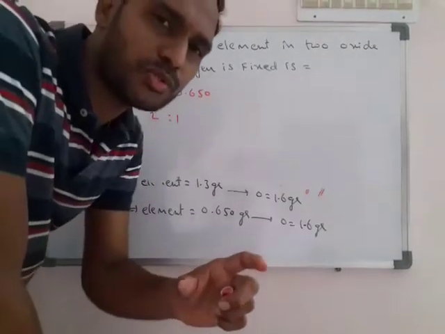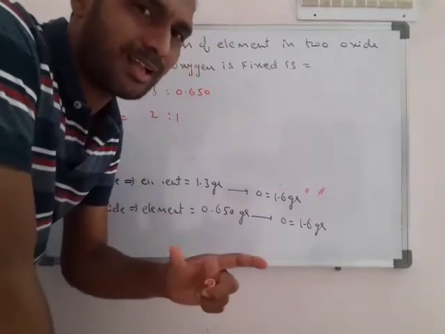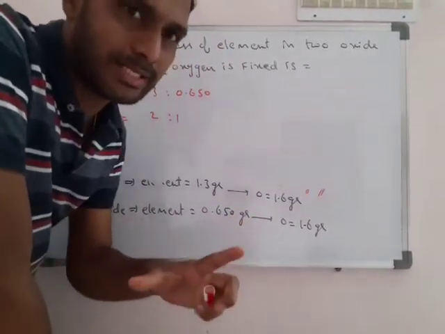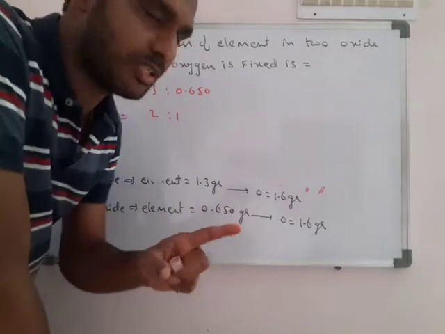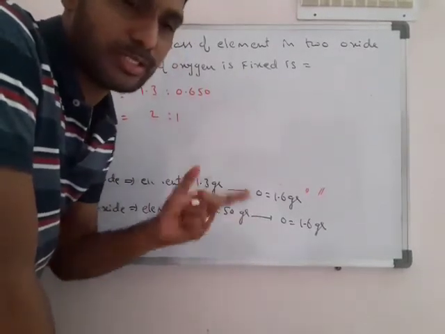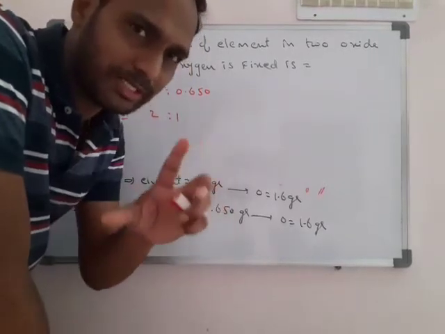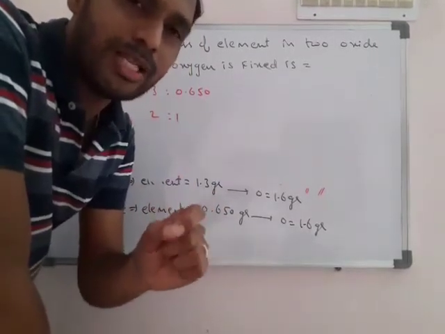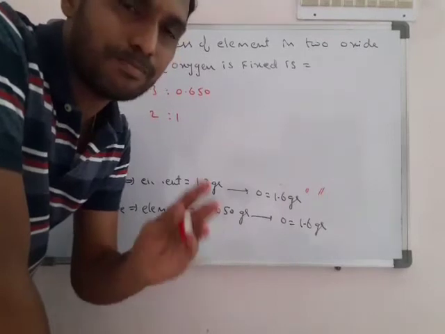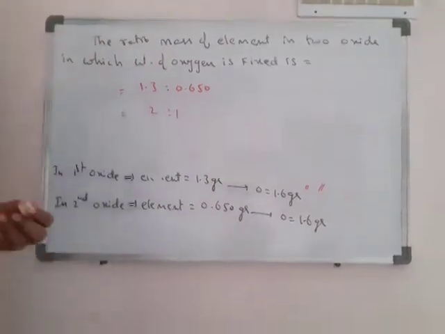With a fixed amount of oxygen, the element reacted forming two oxides in the ratio 2:1, which means it is in a simple ratio. Therefore we have to write the conclusion. You have to write the conclusion that, at last, the law of multiple proportions is proved. Okay, so next